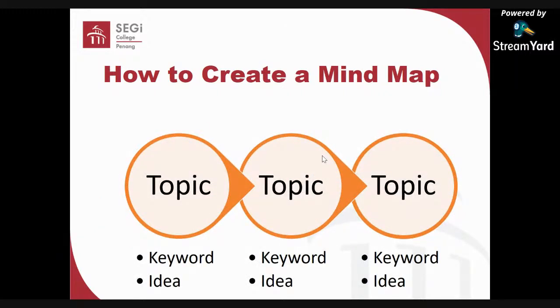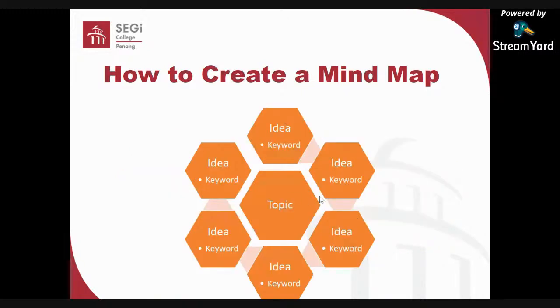You can also draw in this picture, the same as the arrow diagram just now. This is more for a timeline story. Instead of using the mind map, you can use this arrow relationship. Or you can put it in a pentagon, hexagon, and so on. Draw them one by one and show the interrelationship, how they form the first step to the second step, and so on. If you want to share something regarding steps, like how to prepare a meal or how to wash your car, it is step by step, so you can use this diagram to help you.